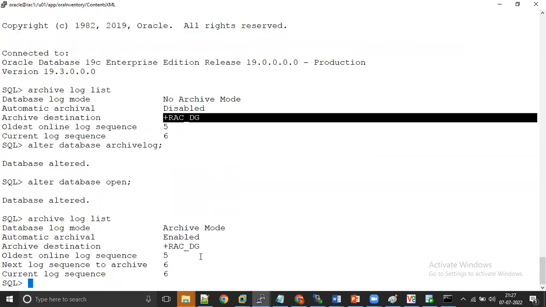Tomorrow I'll show how to start up the remaining instances. Complete here. Till here you have to